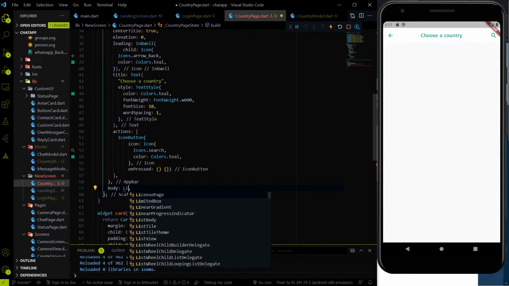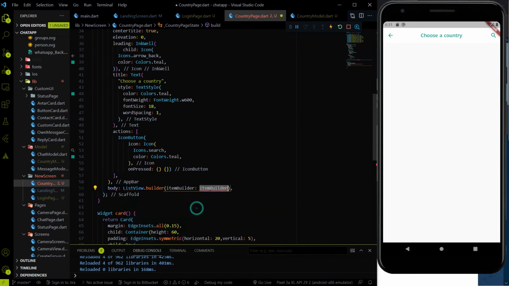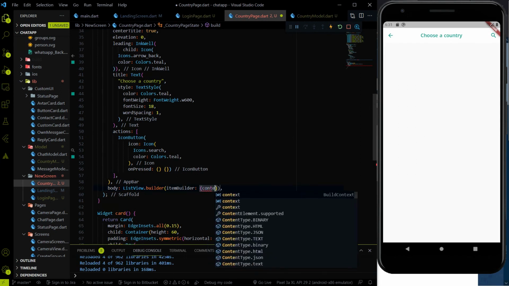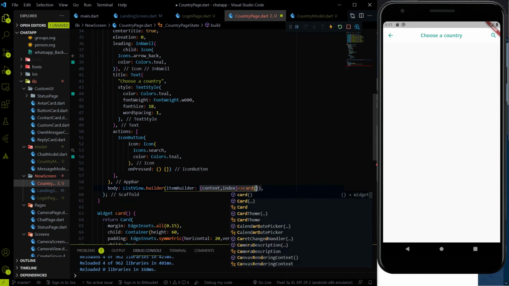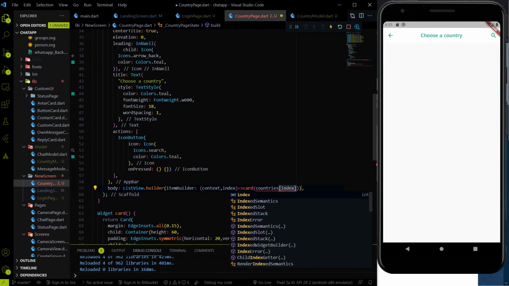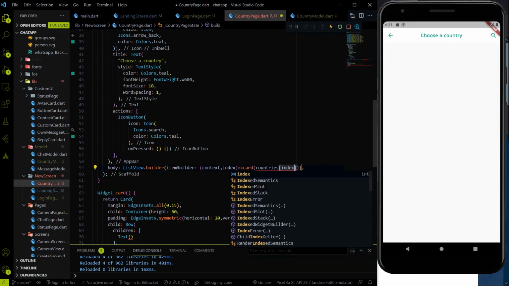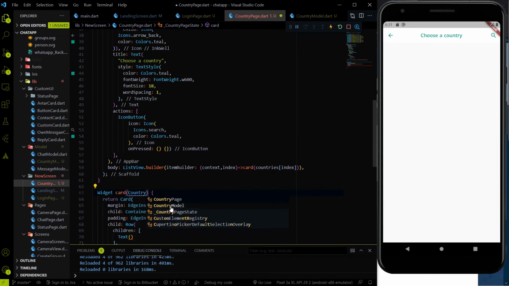So let me use the ListView.builder, and the itemBuilder will have the context and the index, and it is going to return a card with countries[index], which means it is going to send the country model data one by one. Okay,